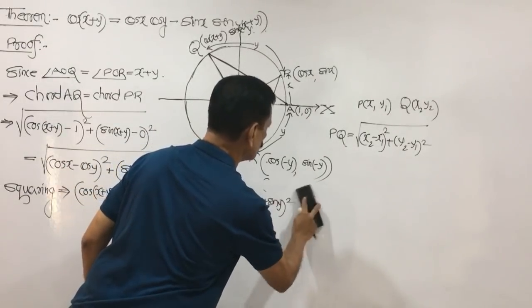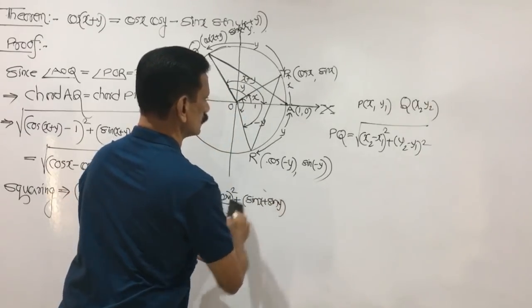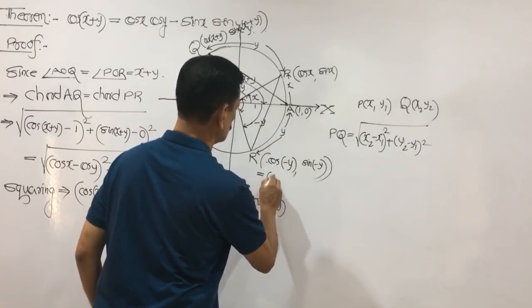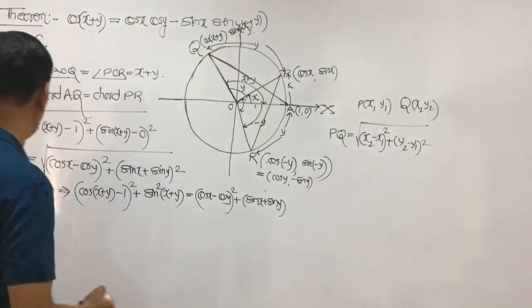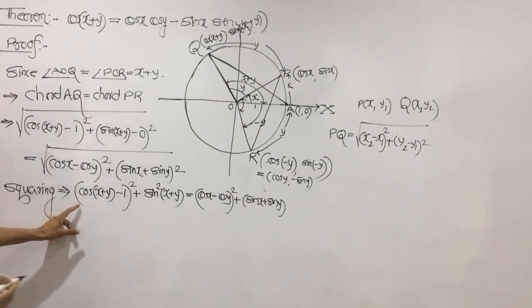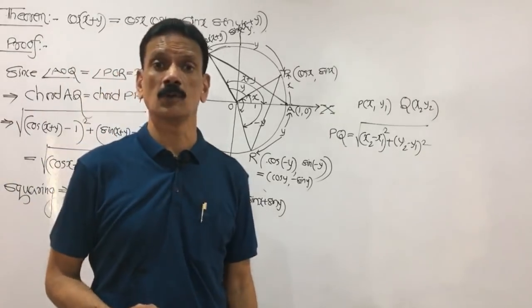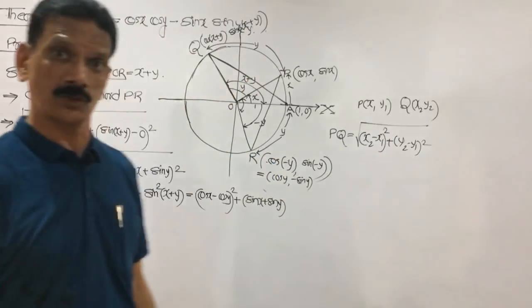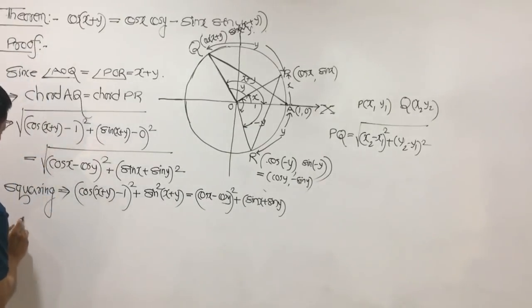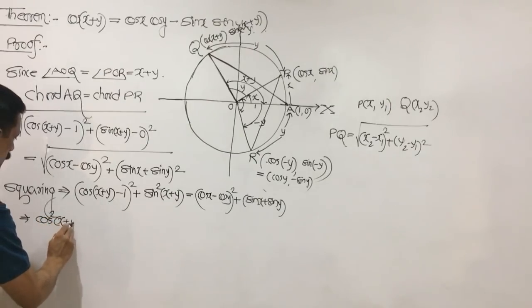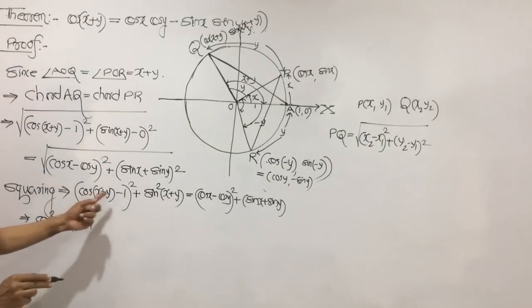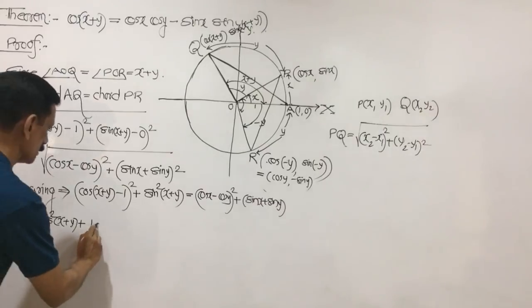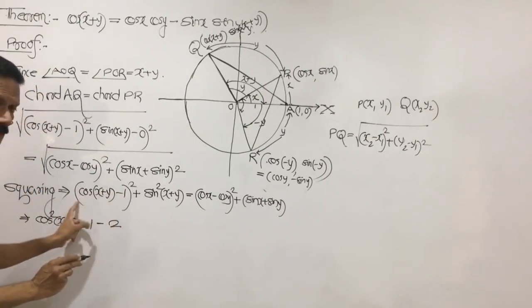I will write here the coordinates which are here. So this is nothing but cos y, this is minus sin y. Okay, now I simplify this. I square this. How to square? a minus b whole square is a square plus b square minus 2ab, you know this, right? So I square by that formula. See here, a square means what you get? It is cos square of x plus y, plus b square means 1, minus 2ab. Look, a square plus b square minus 2ab means minus 2 into ab, ab means the product of these.